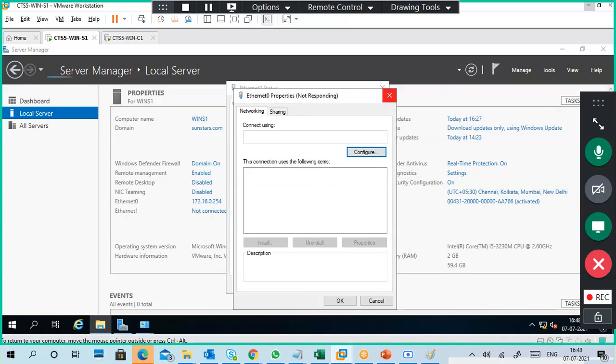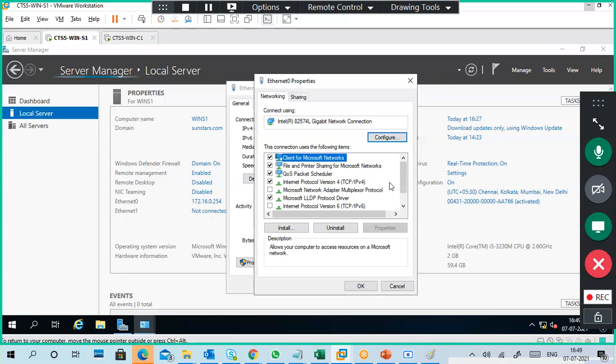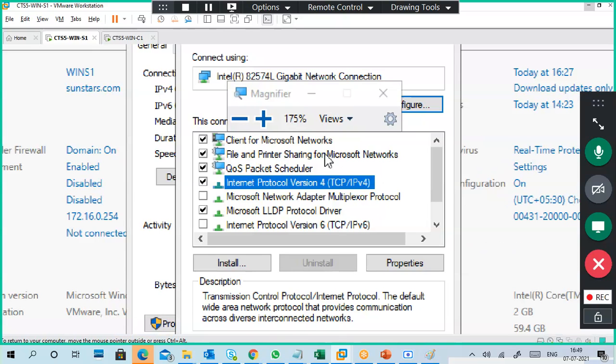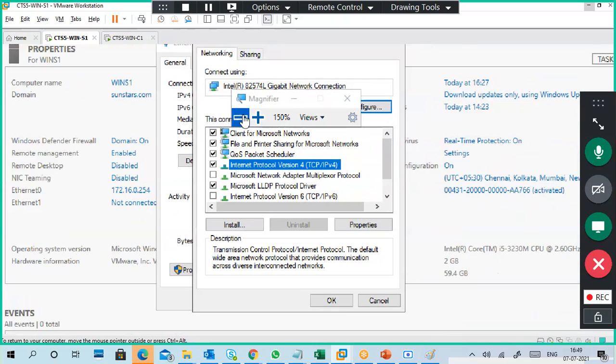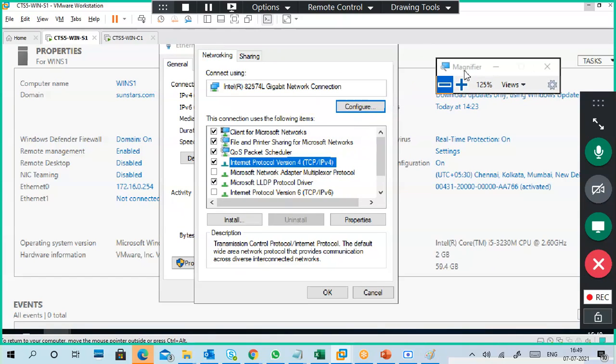What is happening here? Okay, so IPv4, properties.